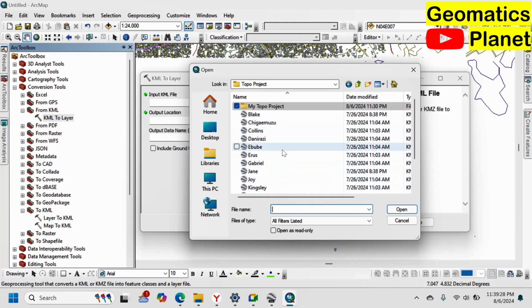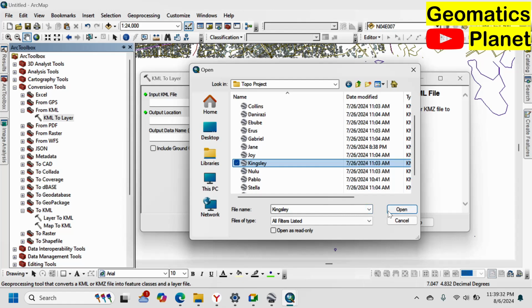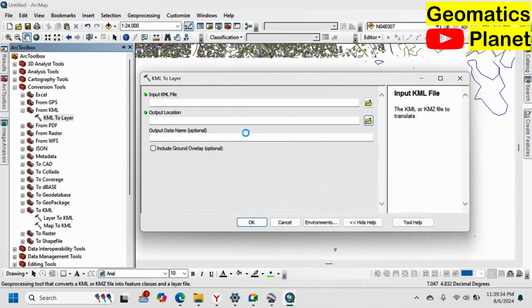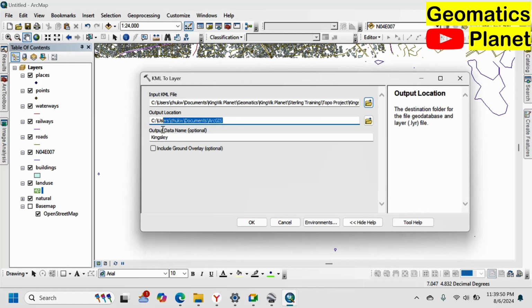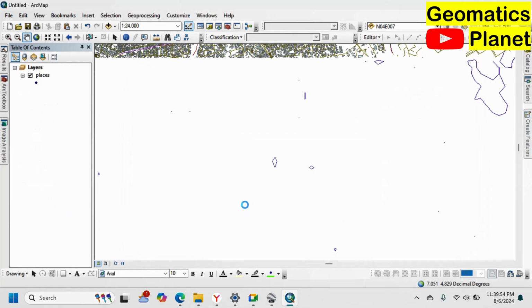So go down here, go to my own project, select it and open it up here, and I am just going to put it in a default folder. So I am trying to load the KML file here, and once I load it up, you can see the name here. I want to leave it wherever it is by default. So for me not to look for it, let me just copy this